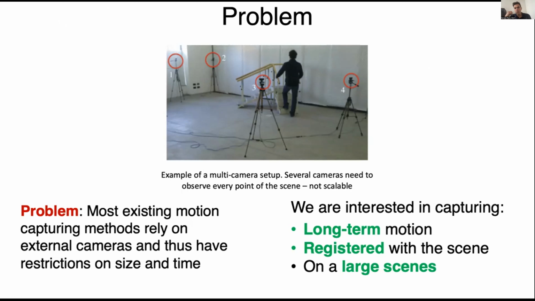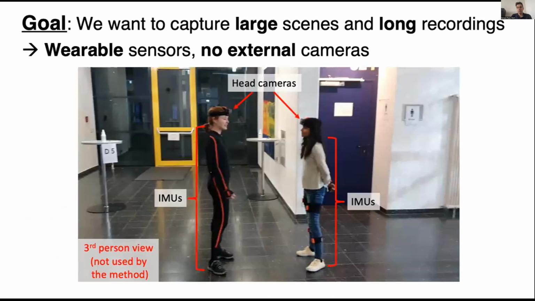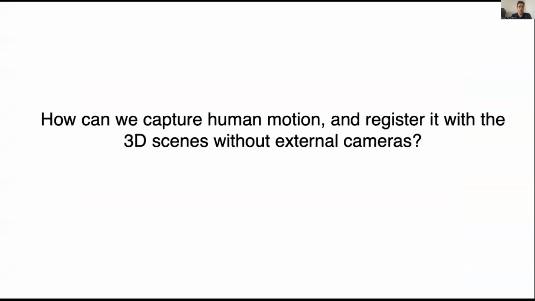So we're interested in capturing long-term motion registered with the 3D world around us and on large scenes. The restriction that we had here is that we wanted to capture this without using external cameras, because otherwise it's not possible to satisfy these requirements. So we want to capture using wearable sensors, and these are inertial measurement units placed on the human body, as well as a head-mounted camera that is looking out, emulating the field of view of the real person. So the research question is: how can we capture human motion and register it with the 3D scenes